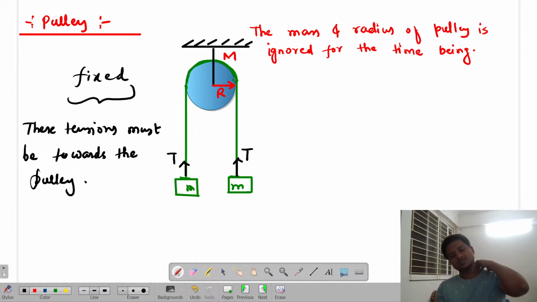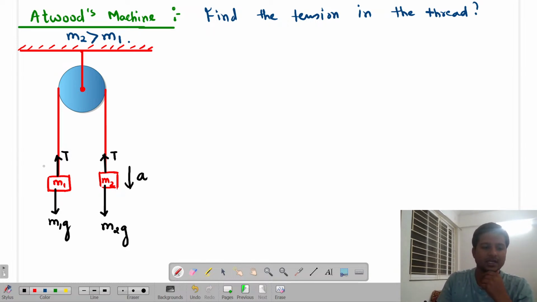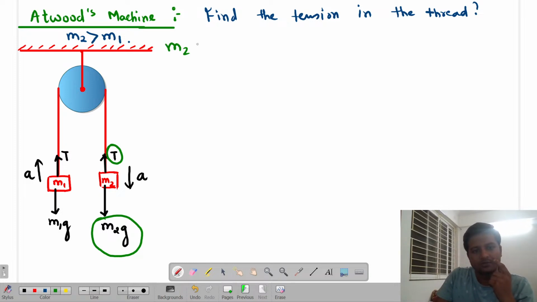So we have those tensions which are always going to be towards the pulley system and they are going to be the same. Now as M2 is more, this will try to accelerate, and as the length is not changing, M1 must be pulled with the similar acceleration. So the equation becomes what? For M2, the accelerating force is M2g and tension T is a repulsive force. So the equation of M2 becomes: the accelerating force minus the opposing force is equal to mass M2 into its acceleration.